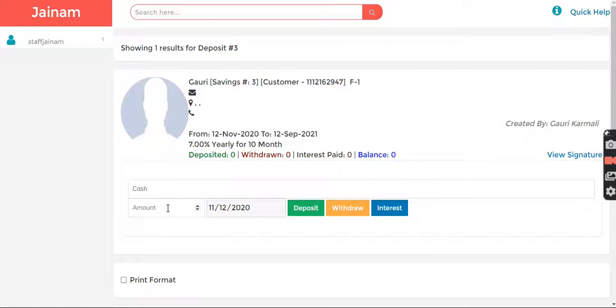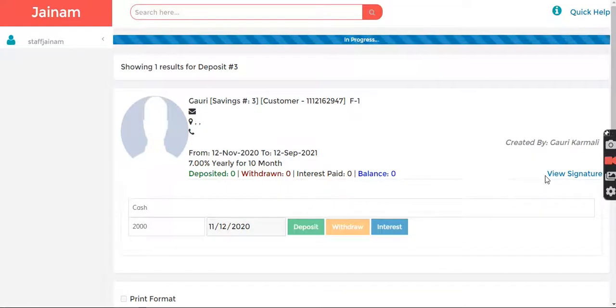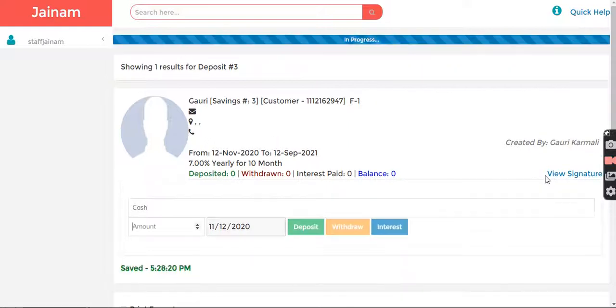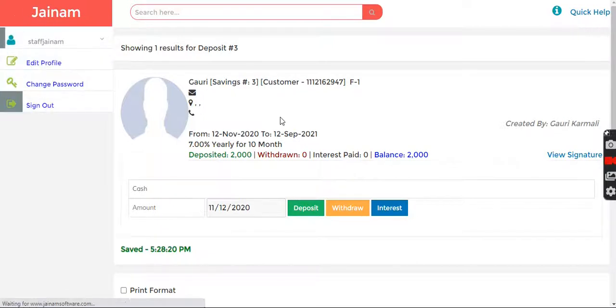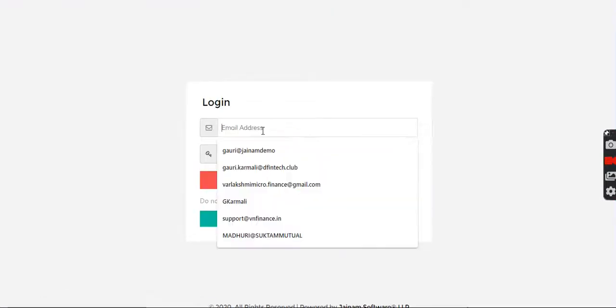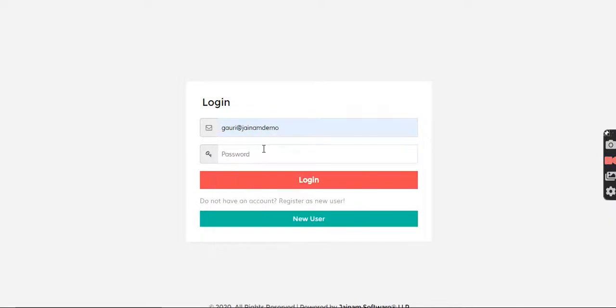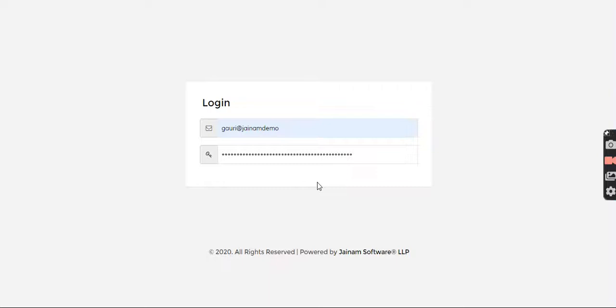Now say I collect deposit 2000. Okay, now this is the employee collecting a deposit of 2000. Now when I log out and log in as the admin, you will see that this will go in the unverified section for the admin to verify.